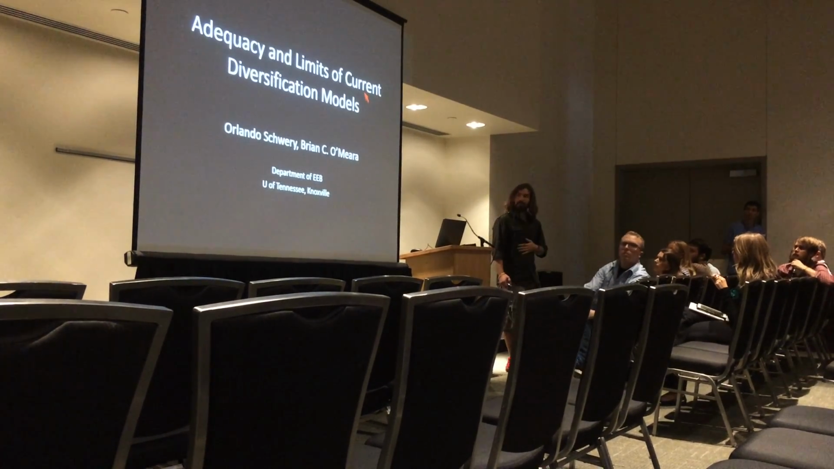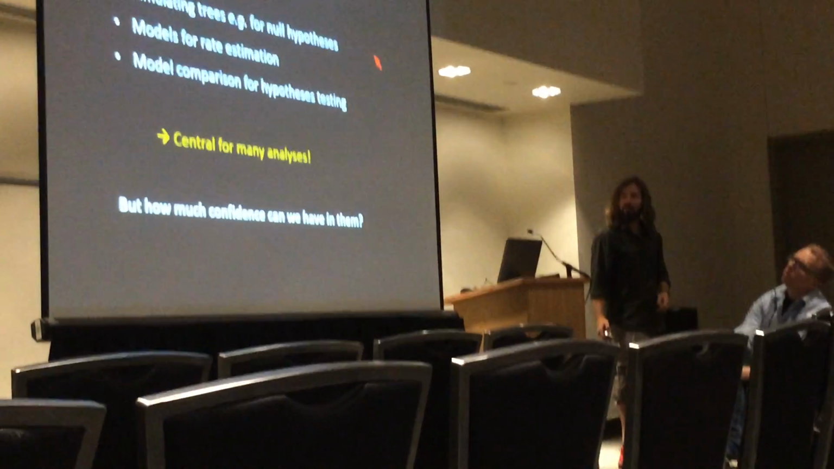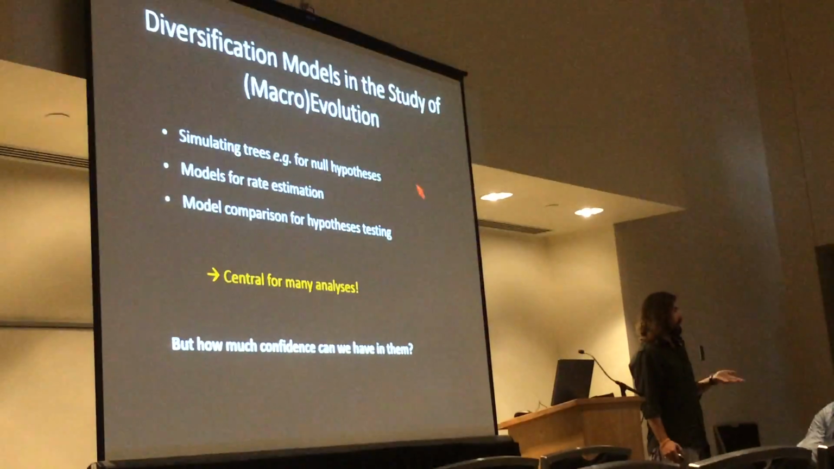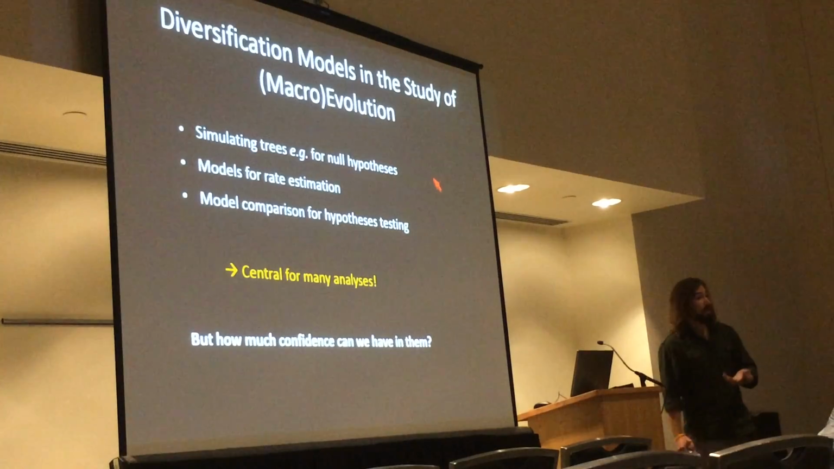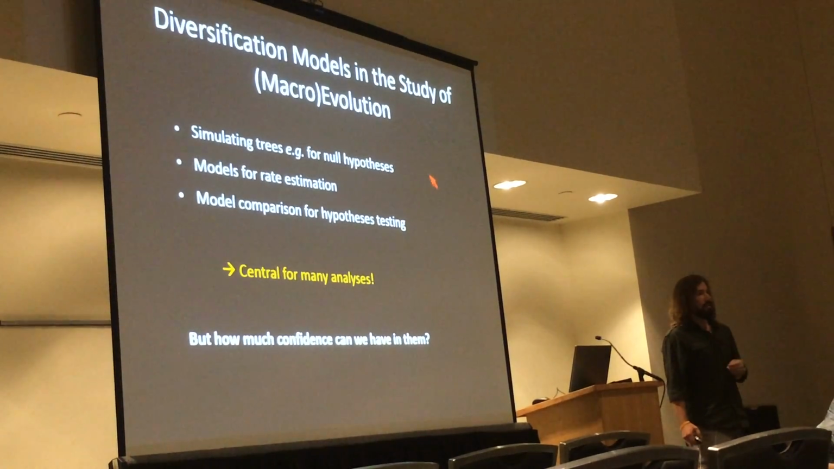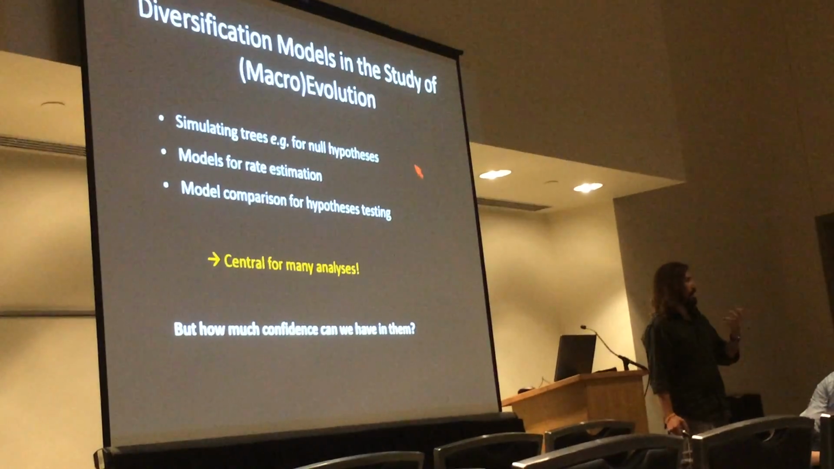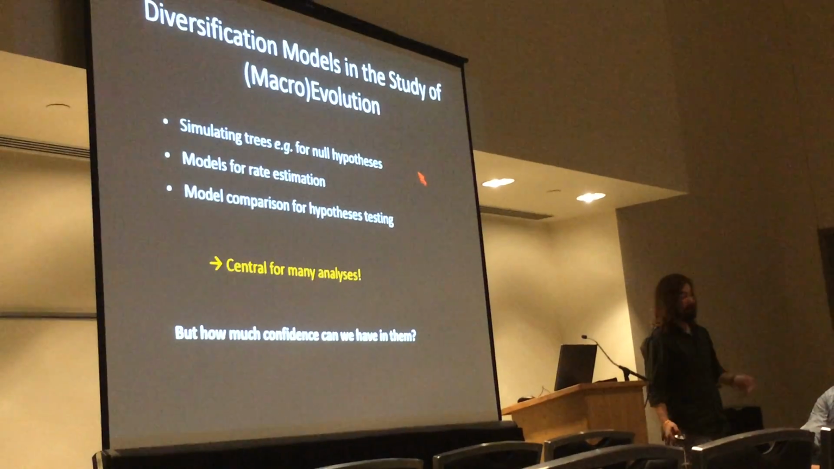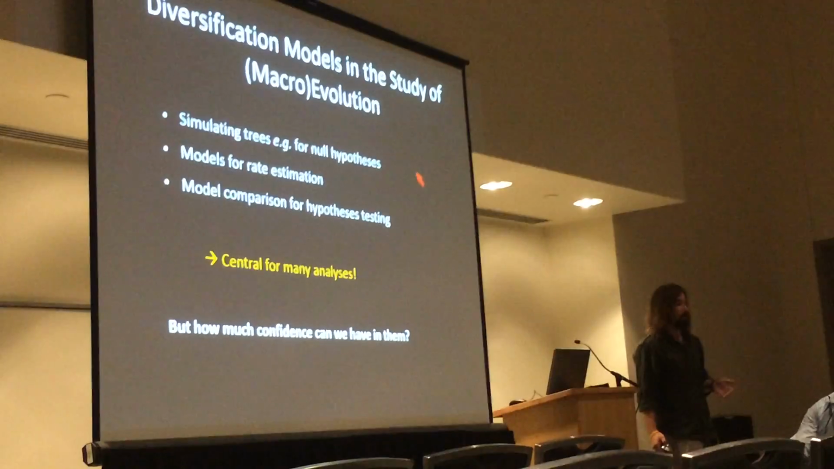project on model adequacy and diversification with you. So, as you probably know, in diversification analyses, models are pretty central. We use them to estimate rates. We use them to simulate trees to get like null distributions. We use them to compare them and test hypotheses. But the question is, of course, how confident can we be in those